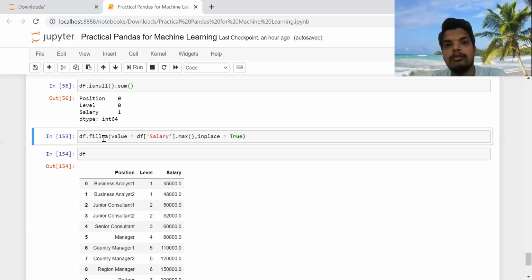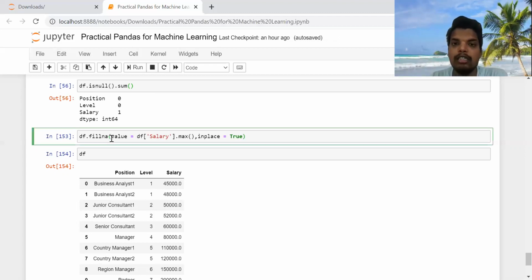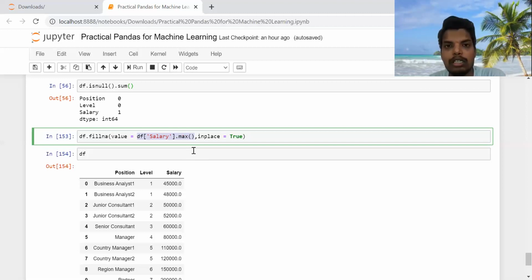So then how do we handle the null values? We have the df.fillna method. With the help of the df.fillna method, inside it the attribute is value, and you need to mention what value to pass. So value is equal to df.salary.max. Here, we know that at level 10 we had a CEO who already had a salary present. That salary was 10 lakhs.